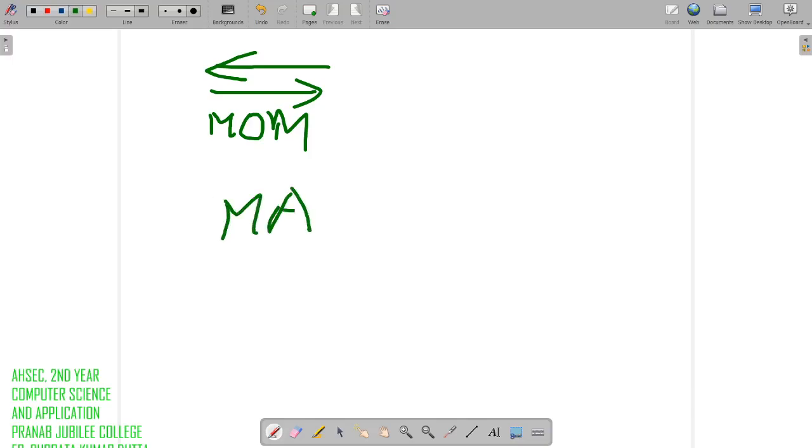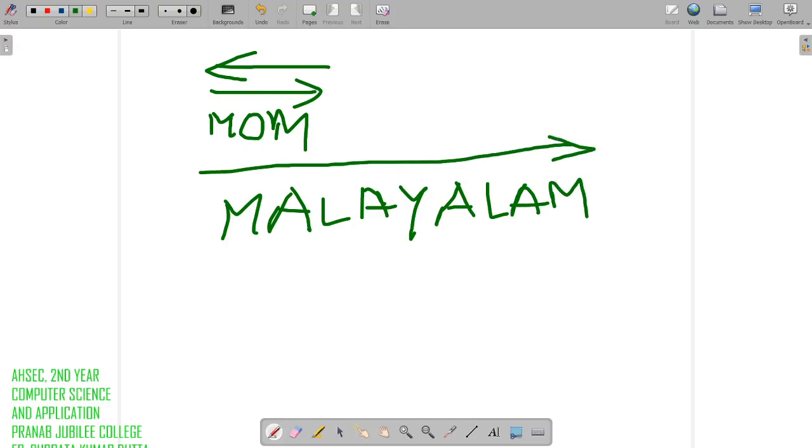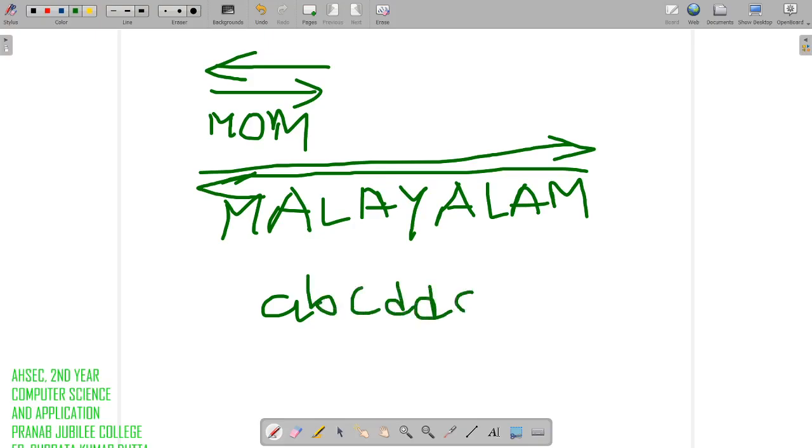Say Malayalam. Malayalam also is the same. In both directions it will spell the same. If you spell it from left to right it will give Malayalam. If you spell it from right to left it will be Malayalam, right? Isn't it? Say something like A B C D, again D C B A, in both directions it is the same.